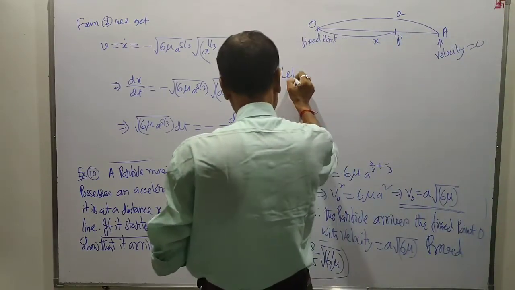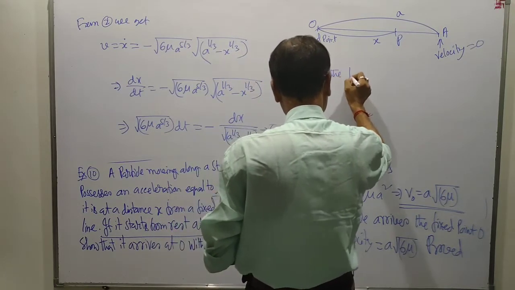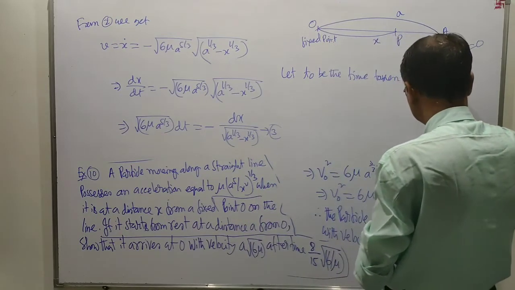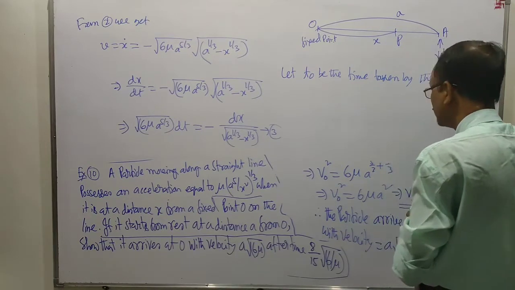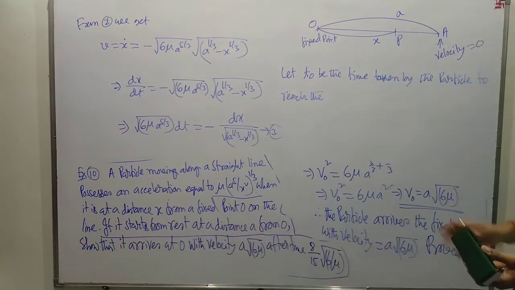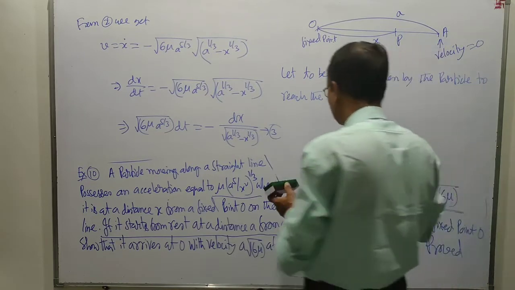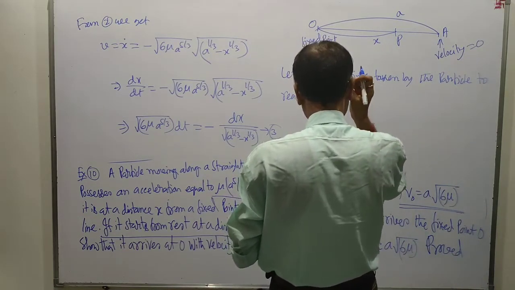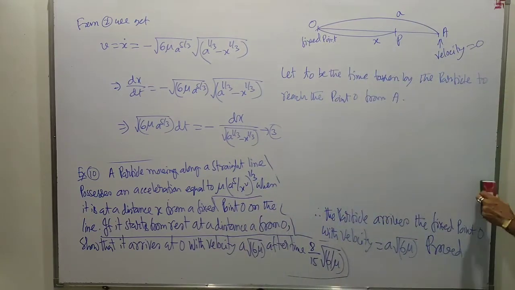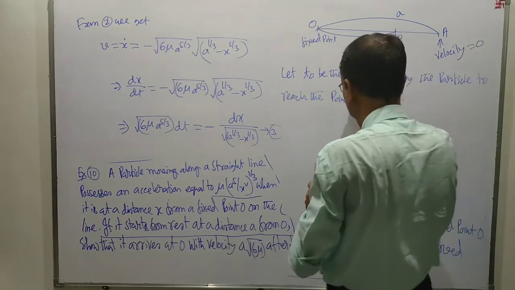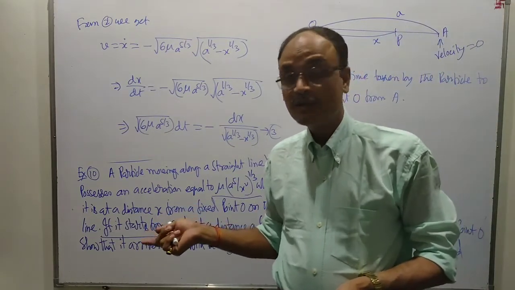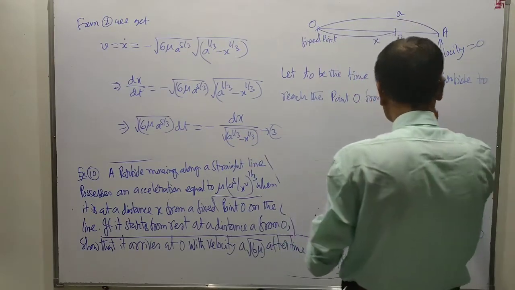Let T naught be the time taken by the particle to reach the center of force O, to reach the point O from A. Therefore, integrating 3 we get